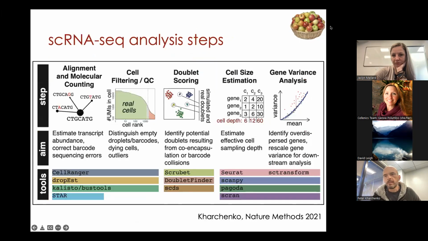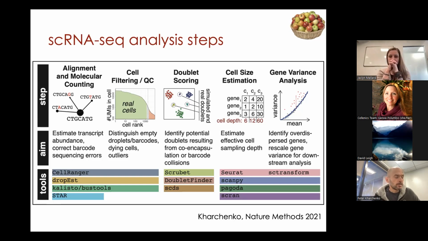Yeah, so I'll spend 10 minutes or so going through some of the basic steps in the analysis. Much of it pertains to individual data sets, how we analyze individual single-cell RNA-seq data sets, and I'll touch upon integration just a bit. There are certain steps that are necessary to do this processing, to even get the data into a shape where it can be interpreted. Most of